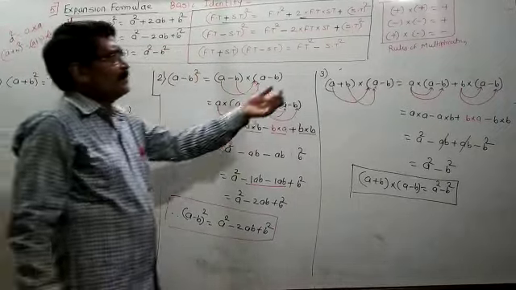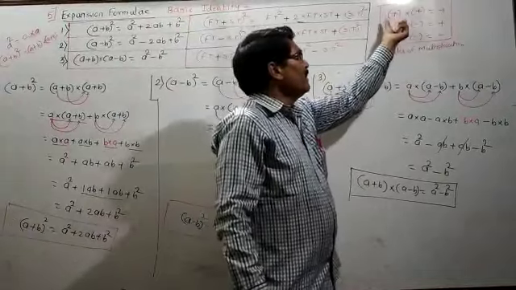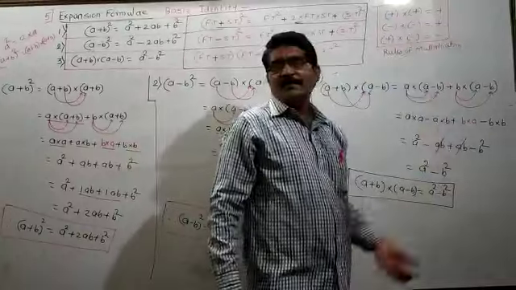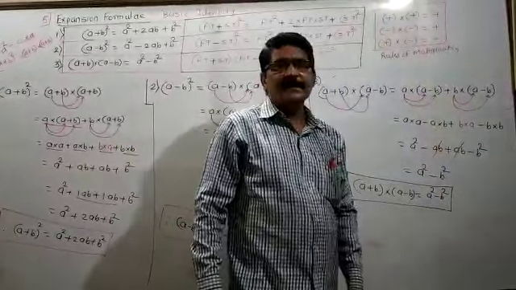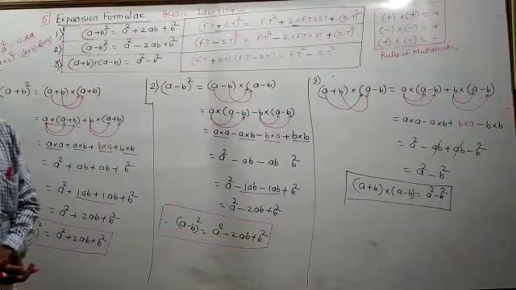And this rule also you have to write in the basic book, the rules of multiplication, and how you have to read them. If both numbers are positive, the product is positive. If both numbers are negative, the product is positive. If one number is positive and the other is negative, the product is negative. I think you understand all these things. You have to write all these things in the notebook properly.